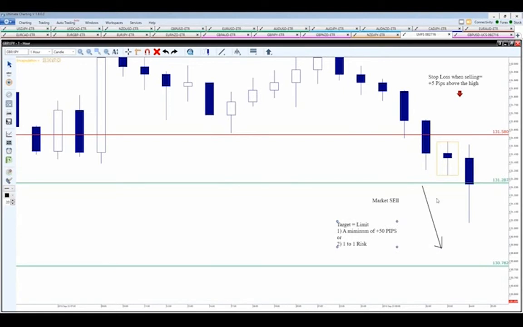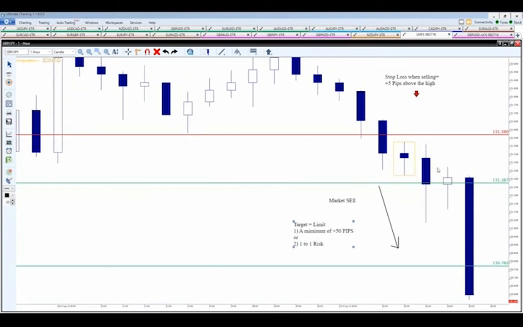So just once again, we have our entry, stop loss is set. There's our target. Let's see what happens here. 1 hour, 2 hours later, the market does in fact come down here, triggers that. We just captured another 50 pips on that one. Not too bad. So 2 trades, we're up another 50 pips on this one.